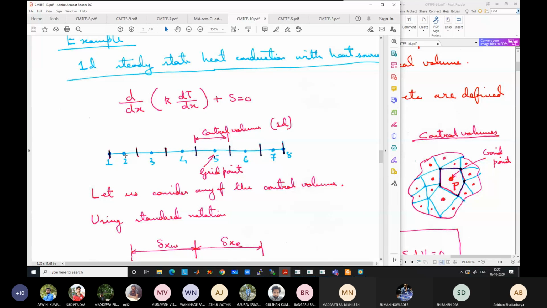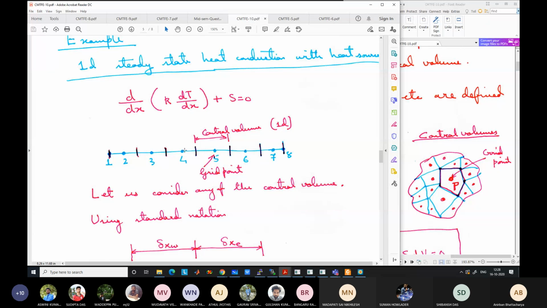This to this one control volume. So you have 6 control volumes: 1, 2, 3, 4, 5, 6, and then you have 2 boundary control volumes of 0 size. Consider them as boundary points, which have values known or are part of the boundary condition. Okay, 6 internal control volumes are there.